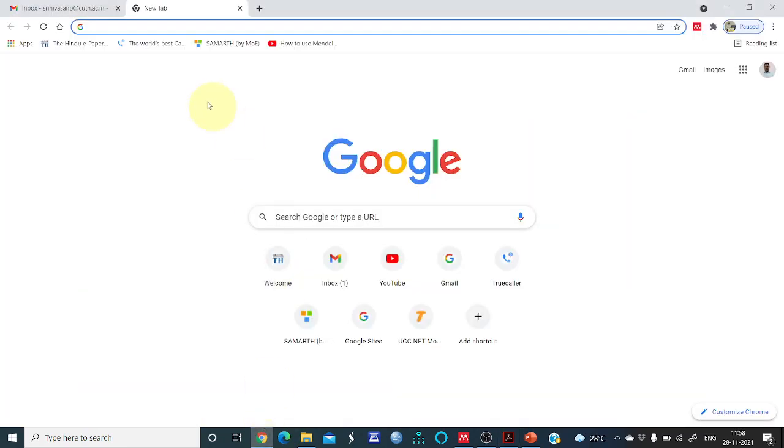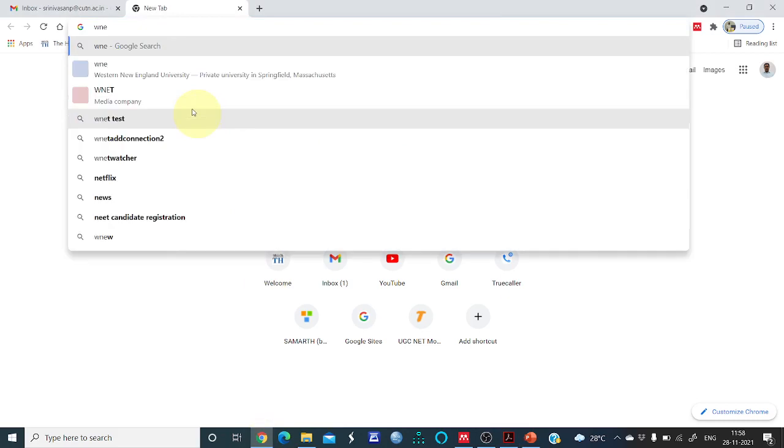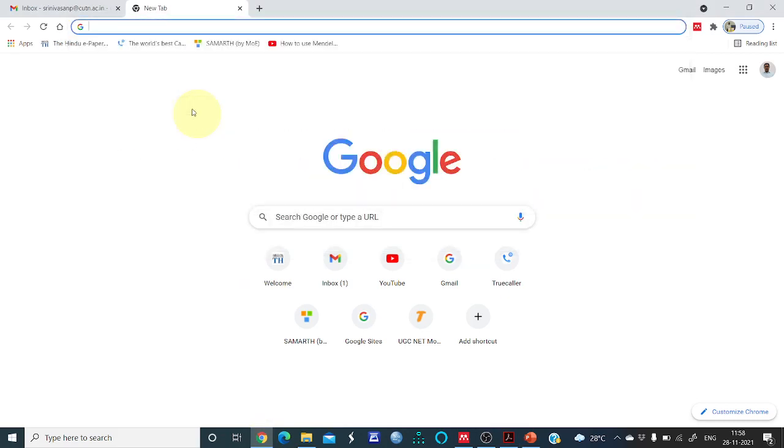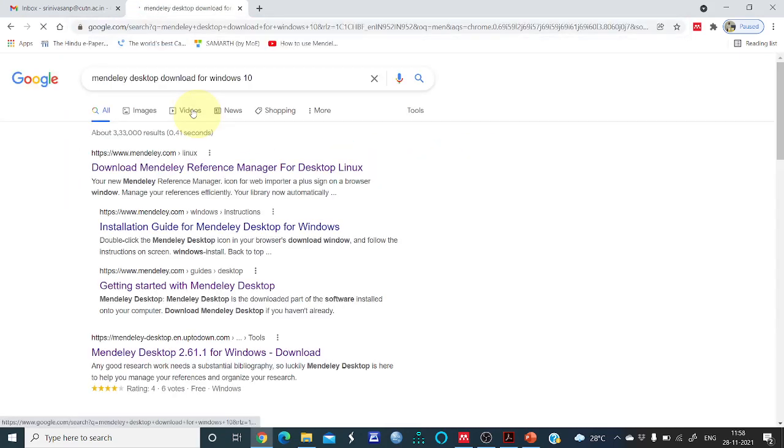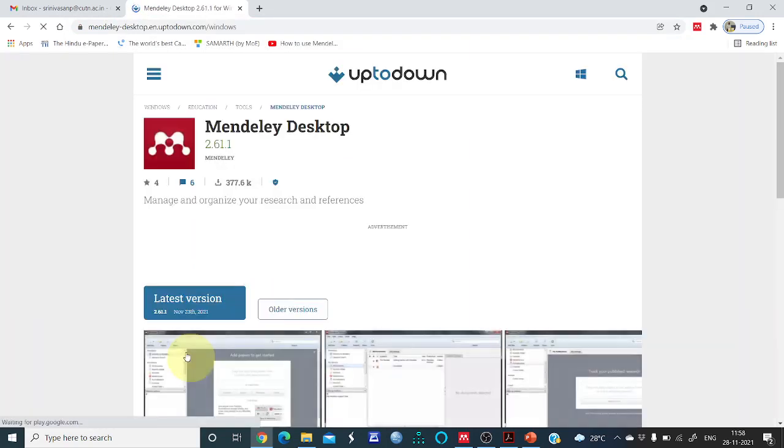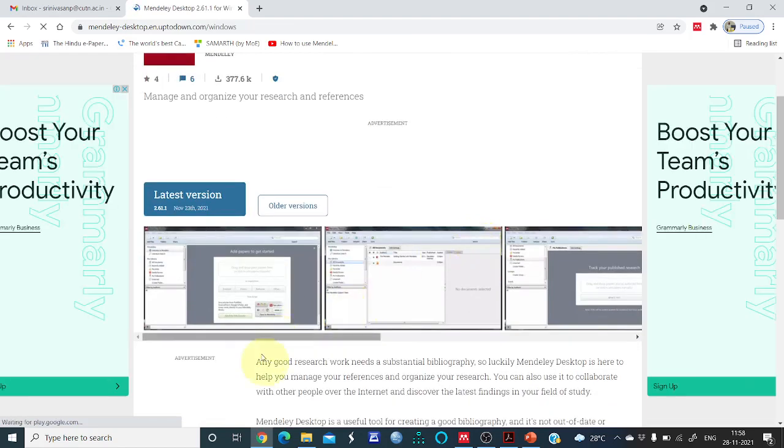So first we have to go to the website and go for Mendeley. This is step number 1. Mendeley Desktop download for Windows. Then go for this, because this laptop runs on Windows.